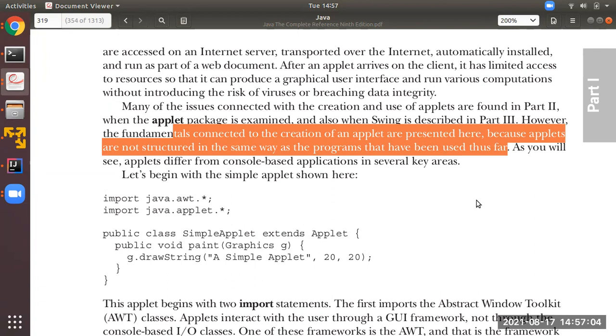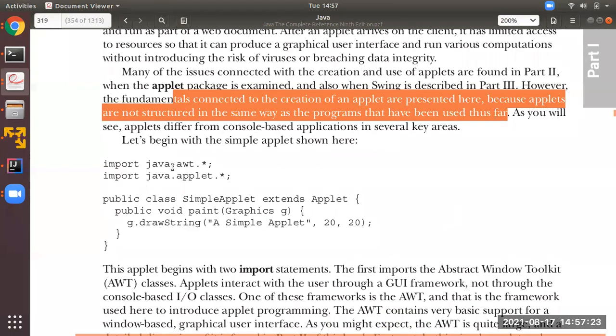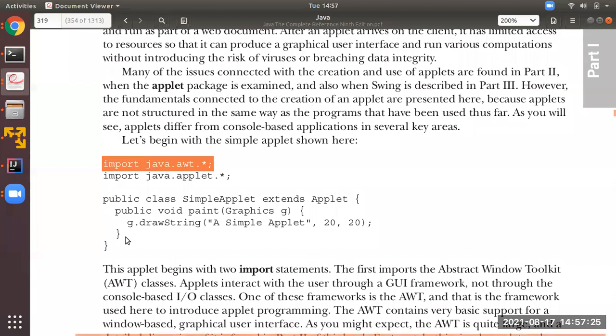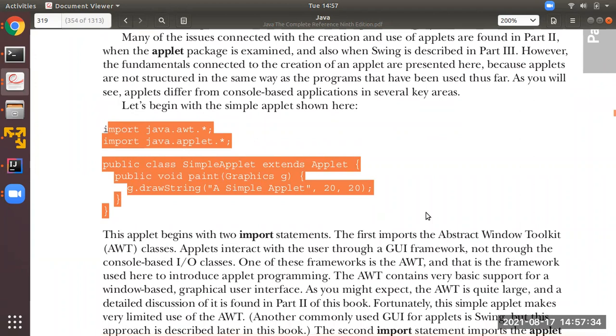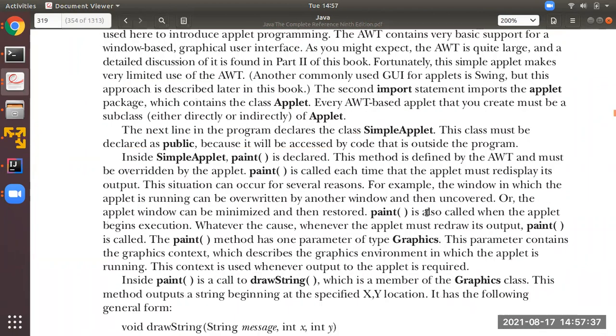But from now onwards, when you deal with AWT or Swing, you will be able to see a graphical user interface kind of output. All this AWT and Swing will have code that is related to the applet. So this is a simple program of an applet. Remember, this is the program. I want to move on to the next program. This complete program is there in the next program with some additional things. I will explain that over there itself, don't worry.